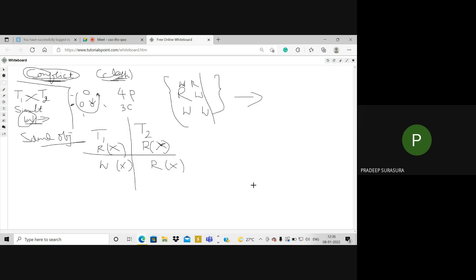Mainly we can observe it in reservations. We do get this problem. Imagine T1 is one person and T2 is another person, trying to do a reservation for a particular bus at the same time, for the same source and same destination. Then a conflict or problem may arise.